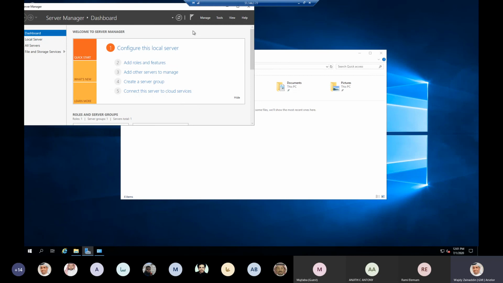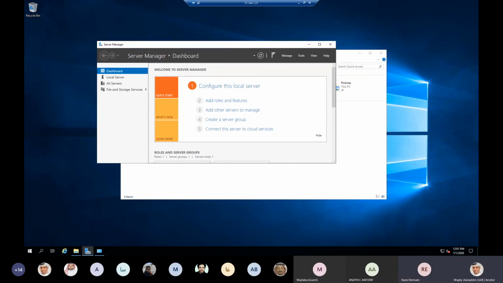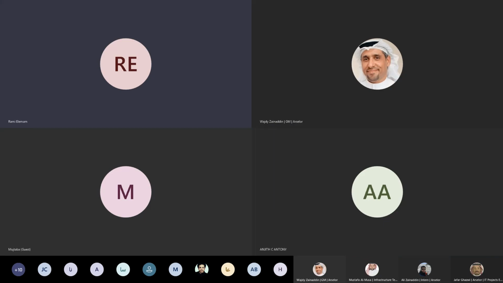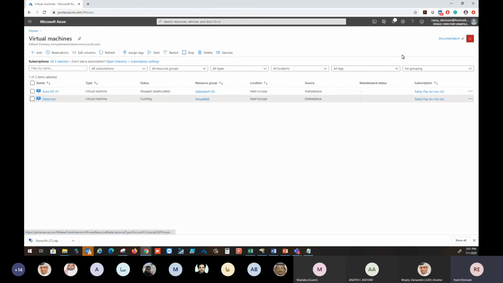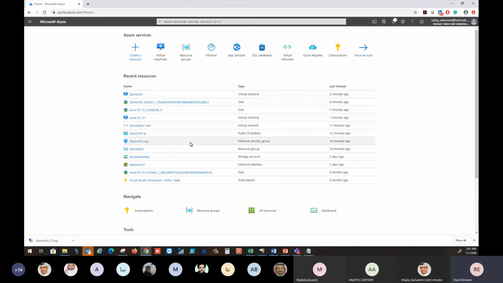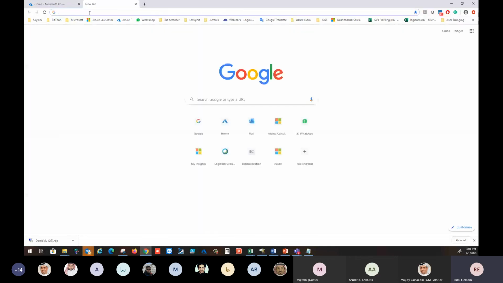Okay, Mr. Rami, I can hand it back to you. Thanks a lot, Mr. Wajdi, for this. I would like to share my screen again in order to show you the capabilities, or what you can do from your side in order to use Microsoft Azure. This is the portal of Microsoft Azure where you can use Azure and we can manage our servers as Mr. Wajdi showed us. So there is another site called